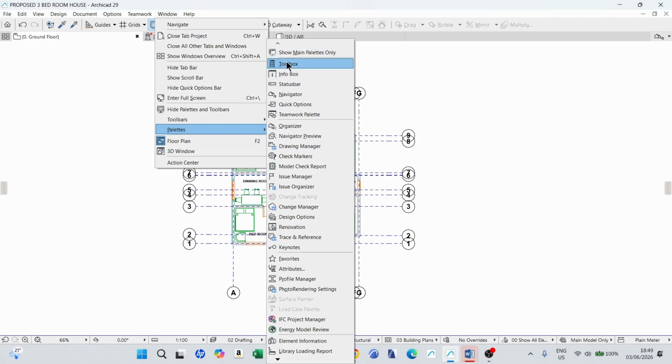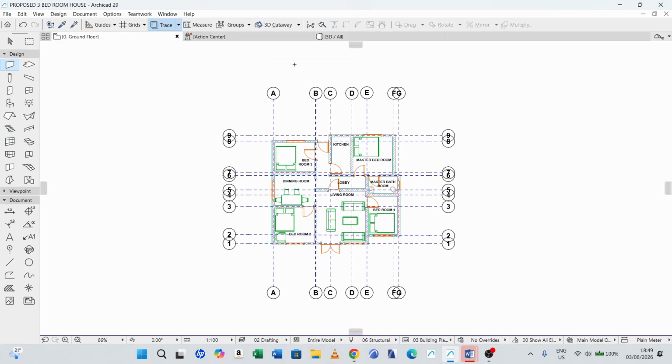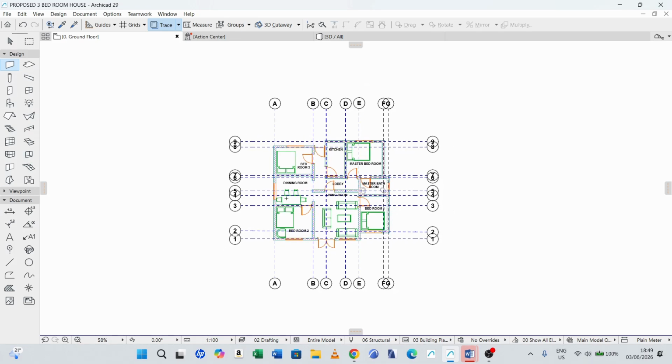Here you see this palette which is called Toolbox. When you click on this, it will appear where it should be located. For example, you see I click on the toolbox from the palettes, then you see here are the elements of the toolbox.